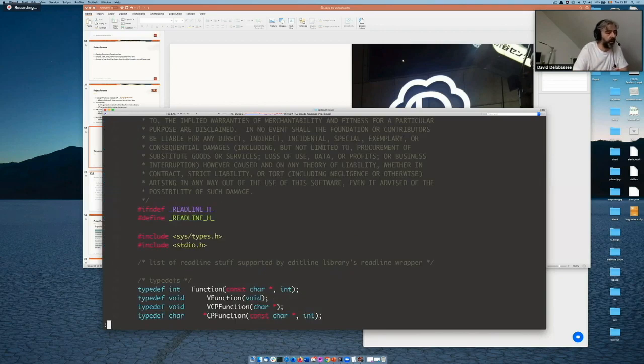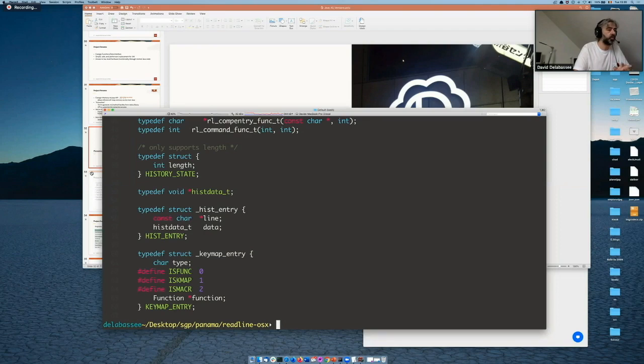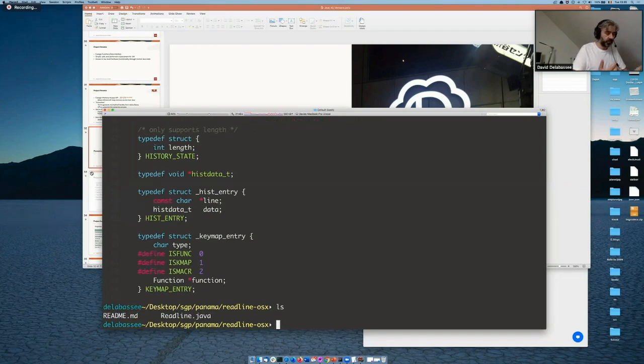This is the readline library that basically gives us readline support, something very basic. There are multiple functions, and what I want to do here is use one of the readline functions from Java. So the first thing I need to do is use the extract tool to parse the readline header files, extract all the information, and then generate the binder interface for that.